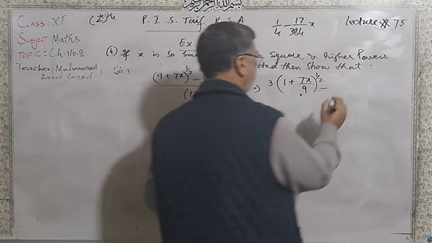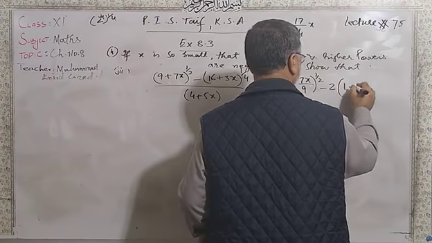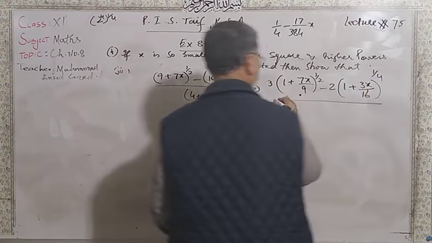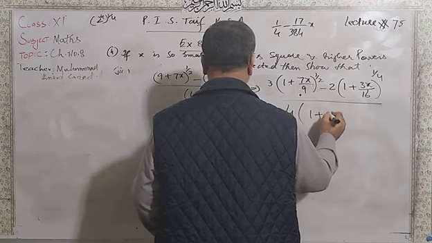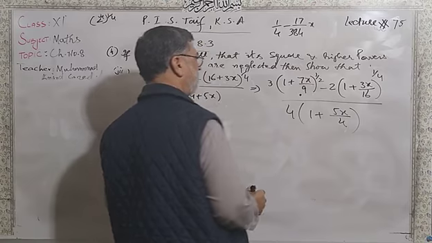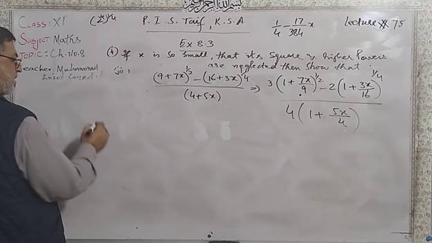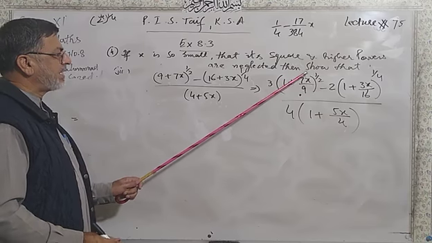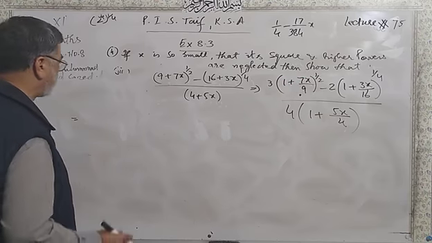So 1 over 4 and 4 cancel, you will have 2 into 1 plus 3x over 16, power 1 over 4. Here you took common 4, 1 plus 5x over 4. Now I am writing down quickly, neglecting the terms involving